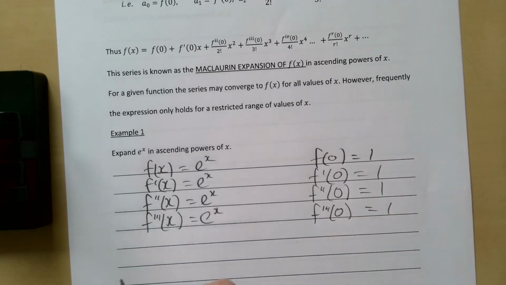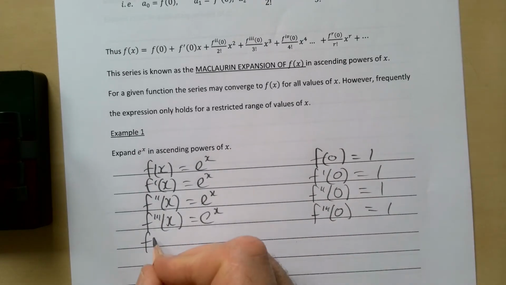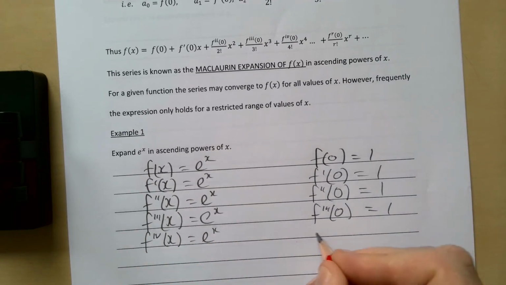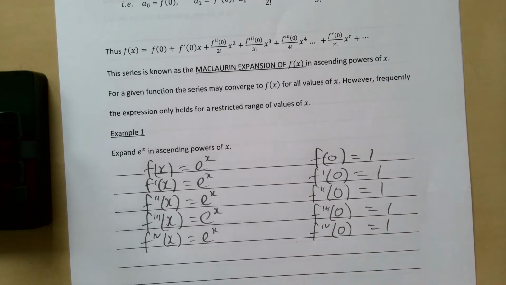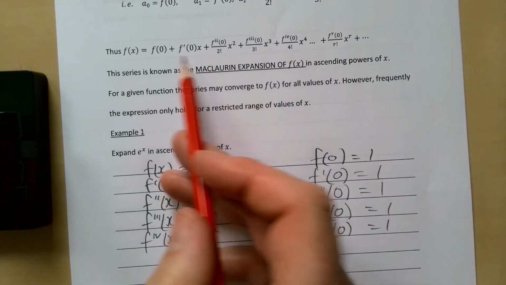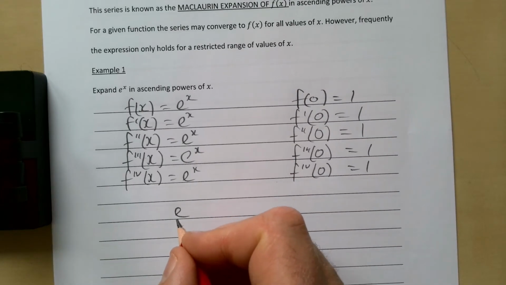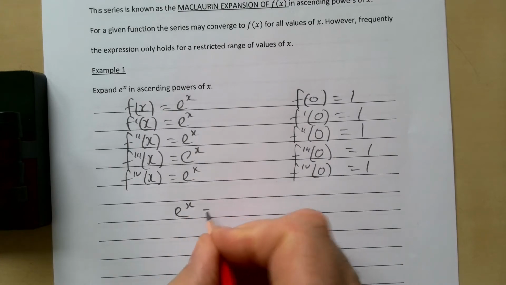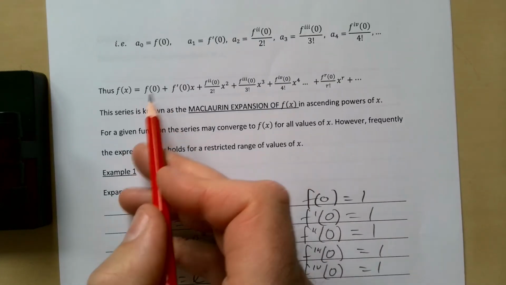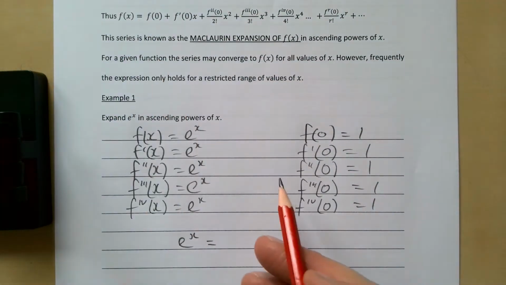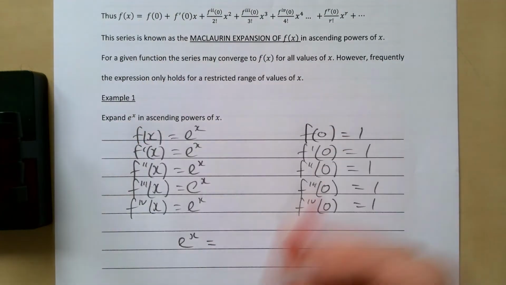And we'll do one more. That just gives us 1. So then by the Maclaurin series, and again looking up there, if we sub in all our values, e to the x is going to equal f of 0, which is 1,